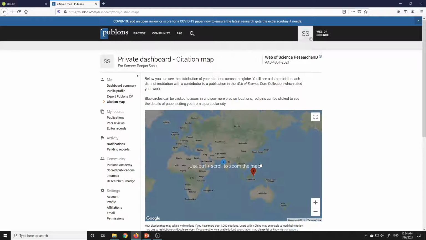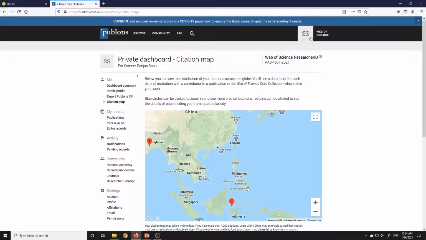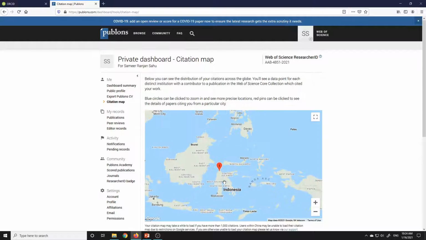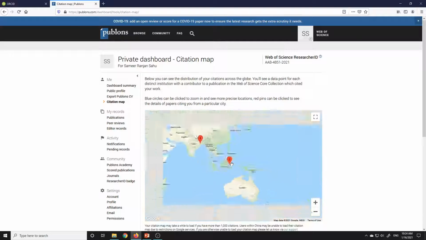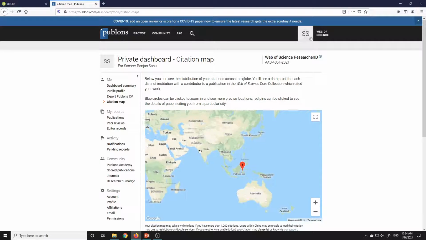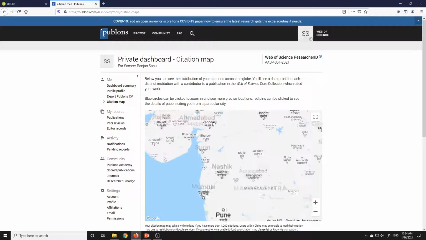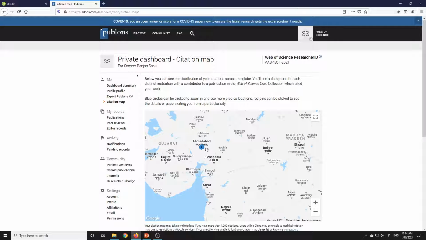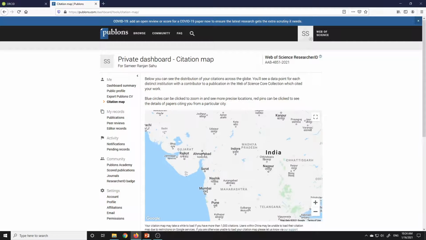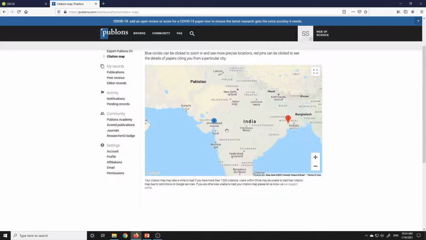See, my paper has been cited around Indonesia, in this region, and 3 from, okay, 2 from Ahmedabad, and 1 from where?